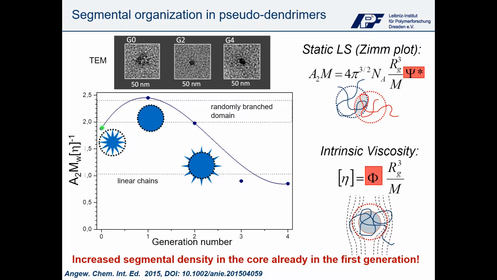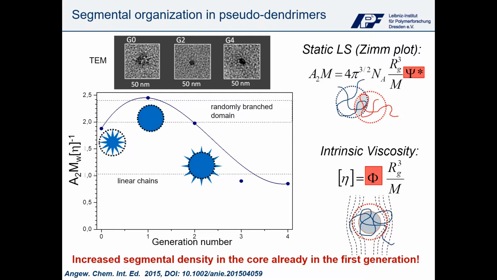Within the zero generation, the first hyperbranched cores, we have a rather fluffy structure, which is confirmed by transmission electron microscopy measurements too. Going to the first generation, we directly obtain a very compact structure, which means that every